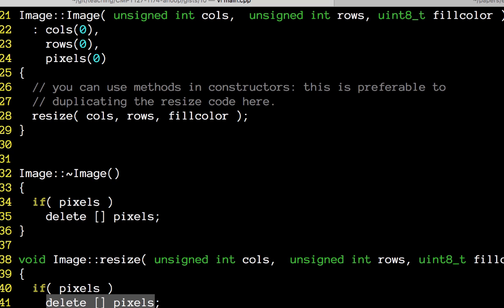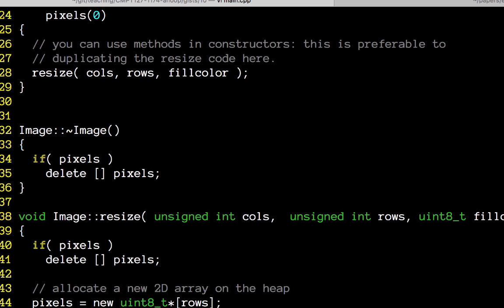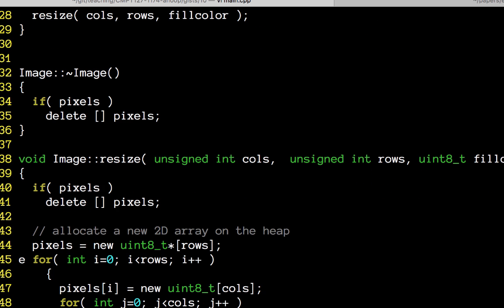So C++ actually doesn't make it easy. It's not natural to use realloc, although you could use realloc. It doesn't make it natural to use realloc. So instead we just delete it and we allocate a new 2D array. So this is another operator introduced by C++. Instead of malloc, we use an operator called new, and new takes a type and creates an allocation for that type. So in this case, we are going to create an allocation of an array with the number of rows,